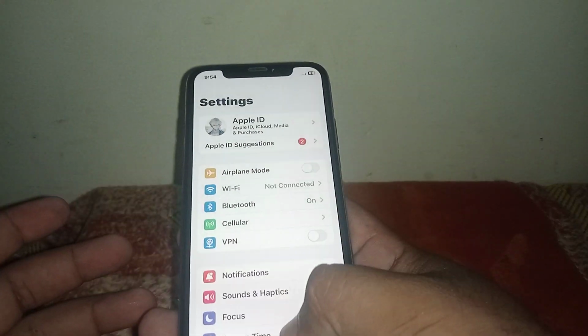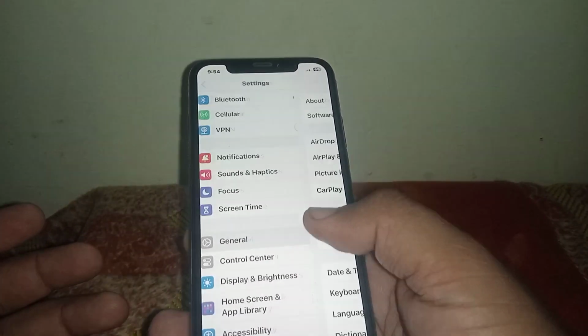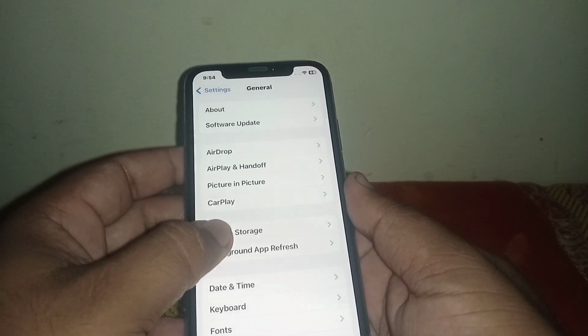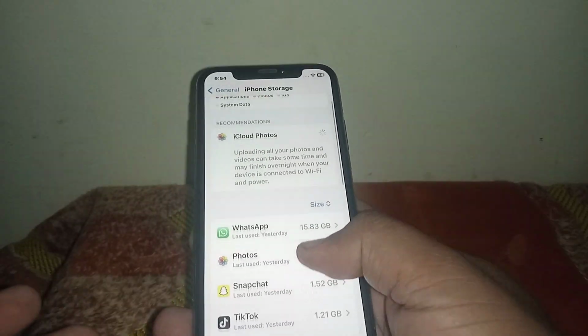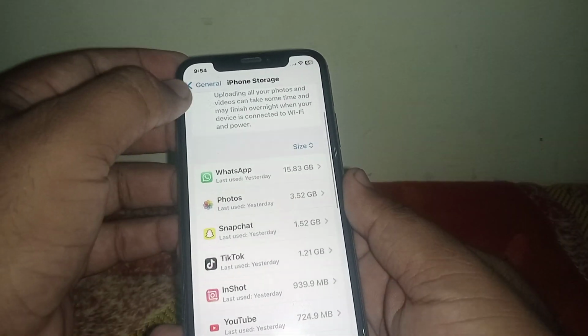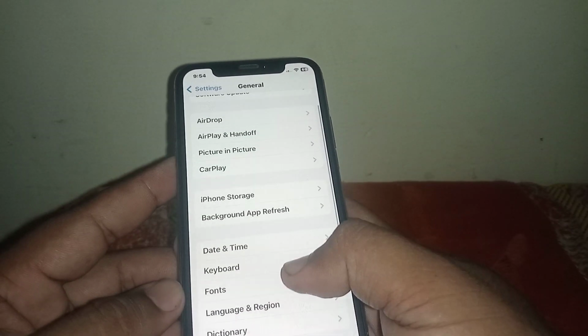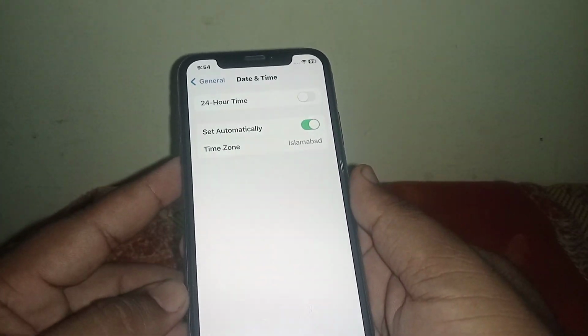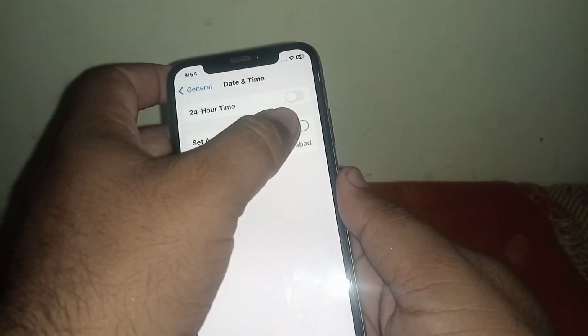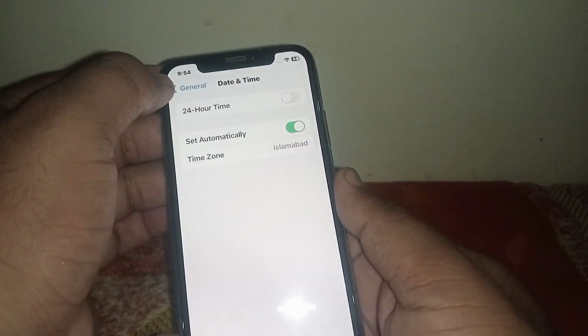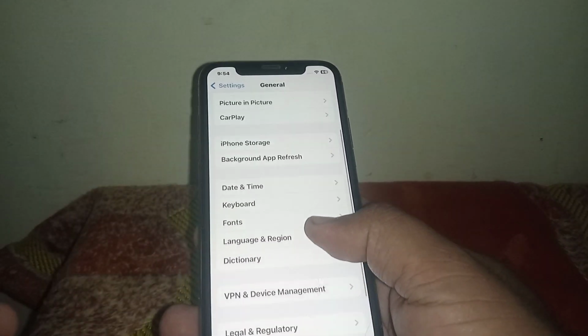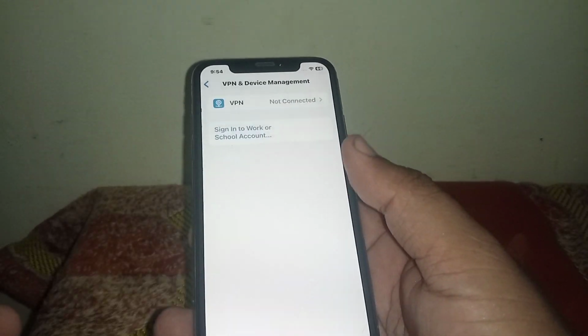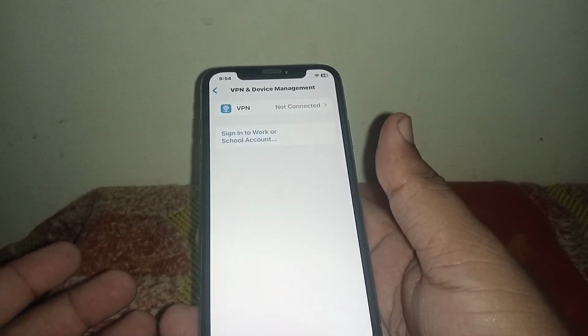After that, scroll down and click on General, and from here click on iPhone Storage, and make sure that you delete useless apps. After that, go back, scroll down and click on Date and Time, and from here turn on the toggle Set Automatically. If the toggle is turned off, turn it on. After that, go back and click on VPN and Device Management, and from here if you have any connected VPN,